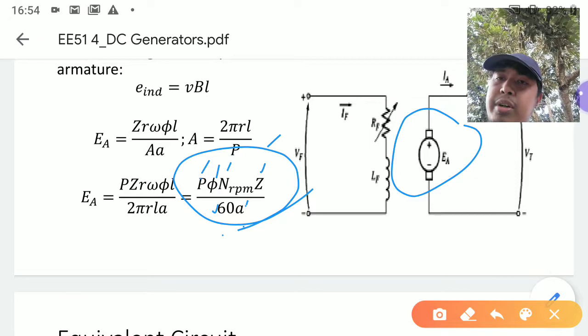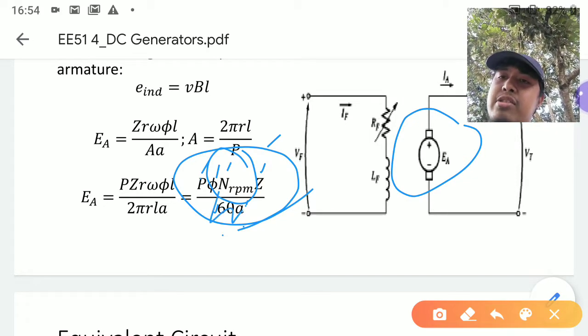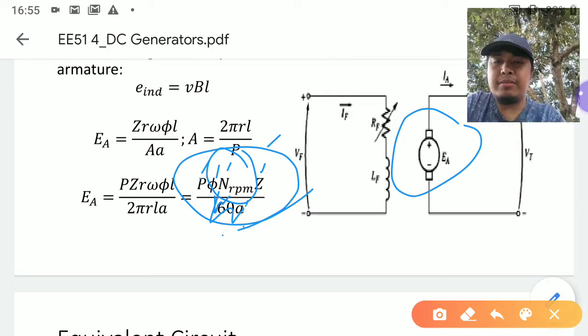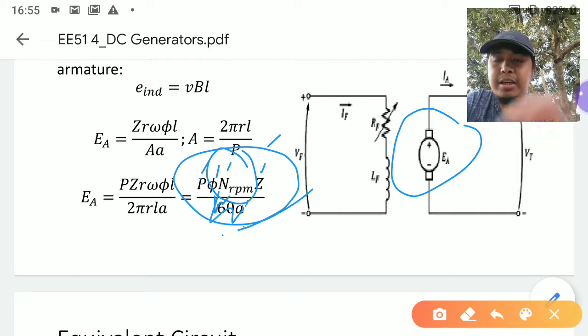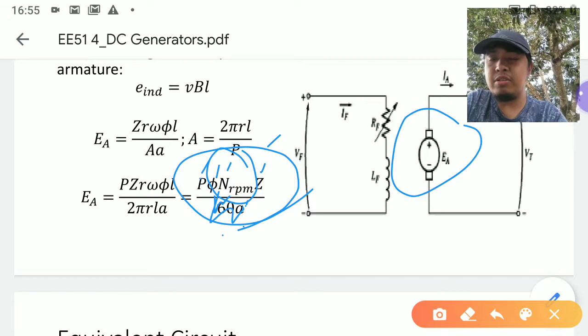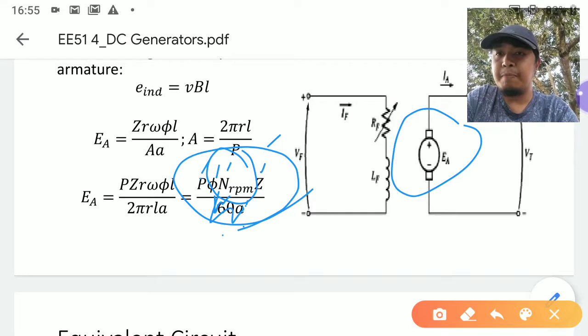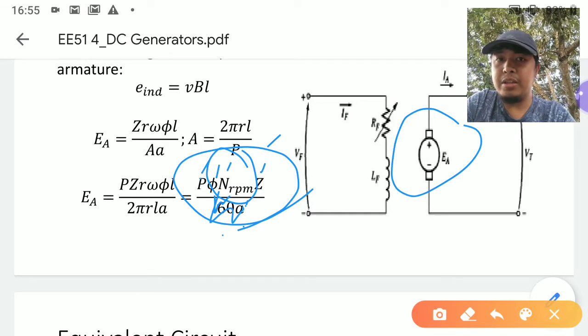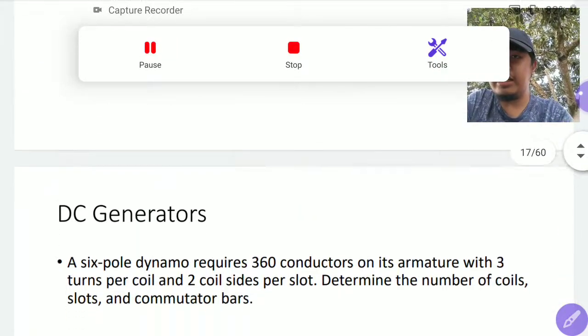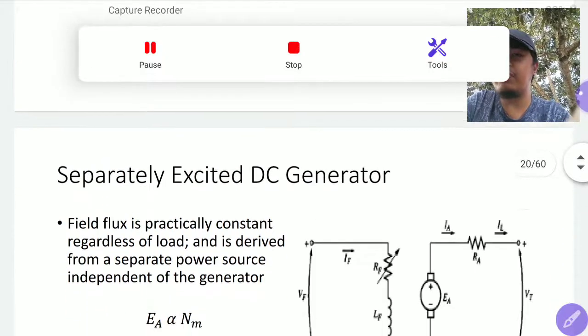Of course, if your speed is given as revolutions per second, you will no longer need this constant 60 at the denominator. But if you're lost with this equation, I suggest you go back to that previous video lecture. Now for this lecture, I'll be discussing the different types of generator